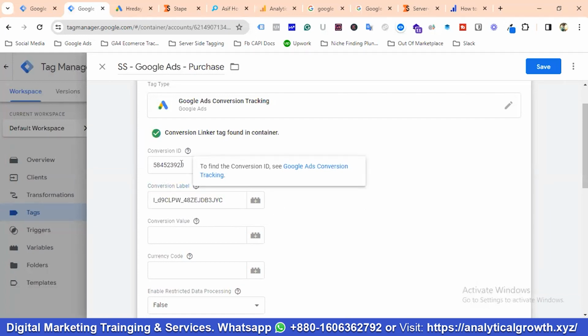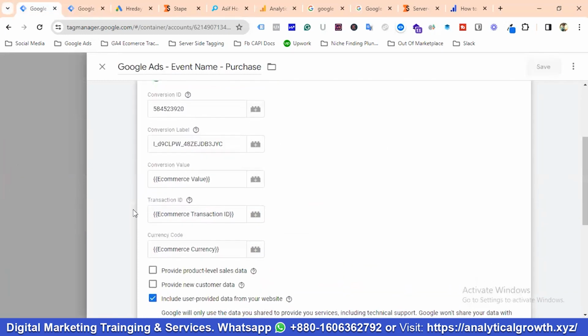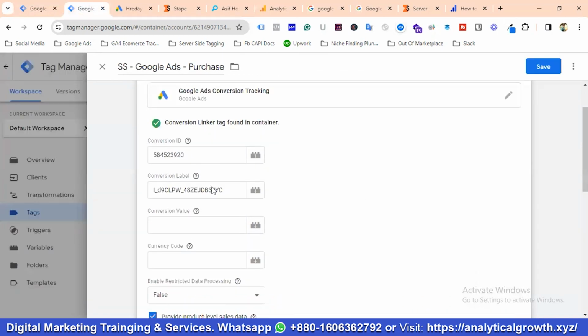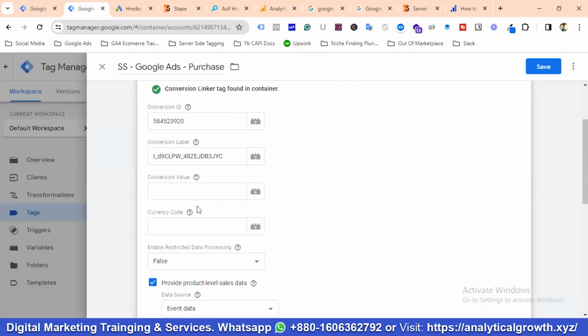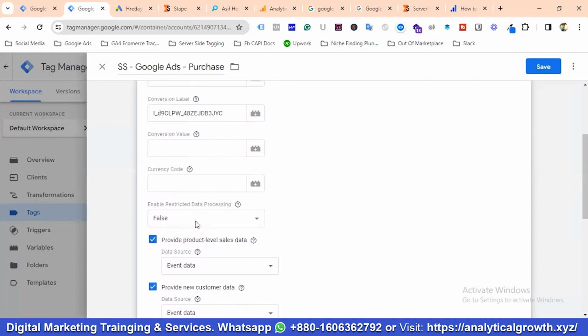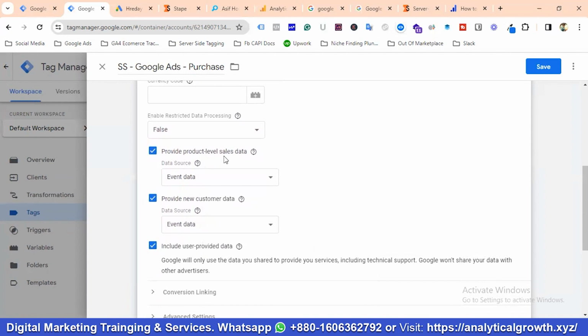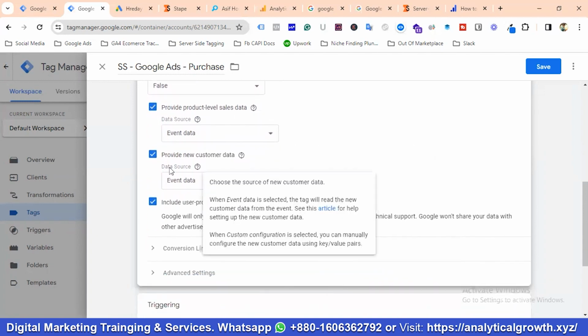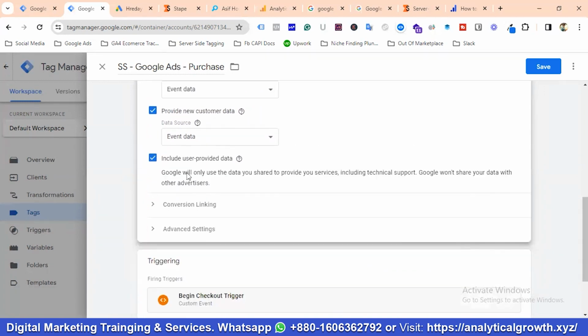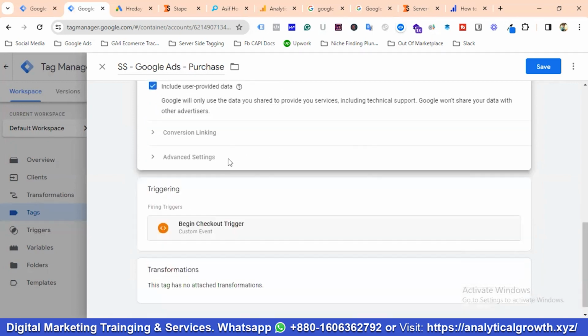So using this conversion ID and label, it will automatically collect the conversion value, transaction ID, and currency code from the browser side container and pass those values to the server side container. So we don't need to use them over here. Okay, I will be enabling provide product level sales data, then provide new customer data, include user provided data, and